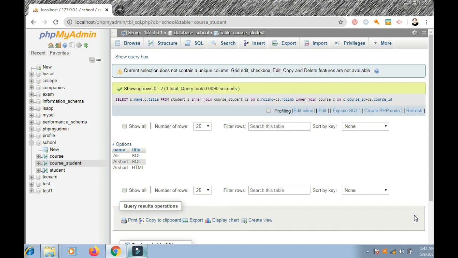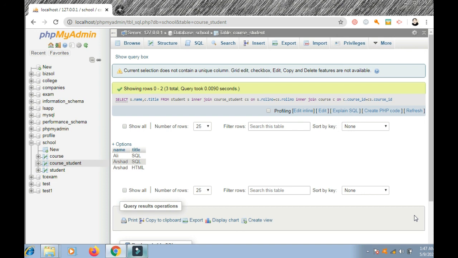Delete this, right? Now this shows that we have to join the relationship and the table to fetch the records from the multiple tables. So we use short names, we use inner join, we use on. On means primary key and foreign key equal to, the primary key and foreign key relationship. Again we have to inner join with the course to get the course title.